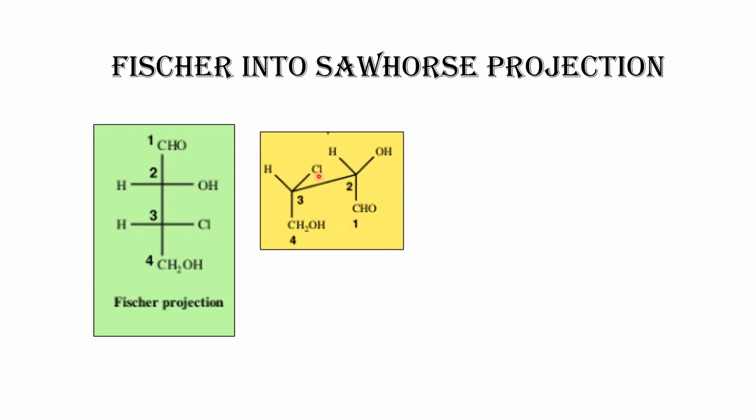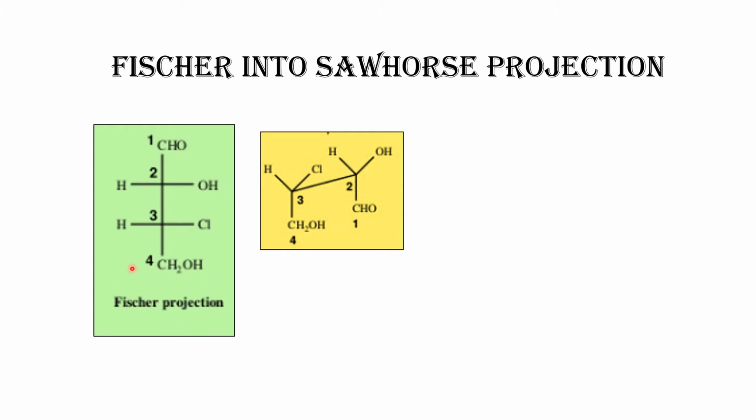One thing you can keep in your mind is a very basic thing. Whenever you are writing the Fischer to any projection, it should be eclipsed form. And this is also the eclipsed form of Sawhorse. This is not a staggered form. How will it be staggered? One will be on the top of the Y, another on the bottom of the stem of the Y. Then one should be top, another one bottom, and only then it's staggered. If both are on the same side, whether at the top or bottom, that doesn't matter, that is eclipsed conformation. Keep that in mind: the Fischer projection will always give eclipsed.